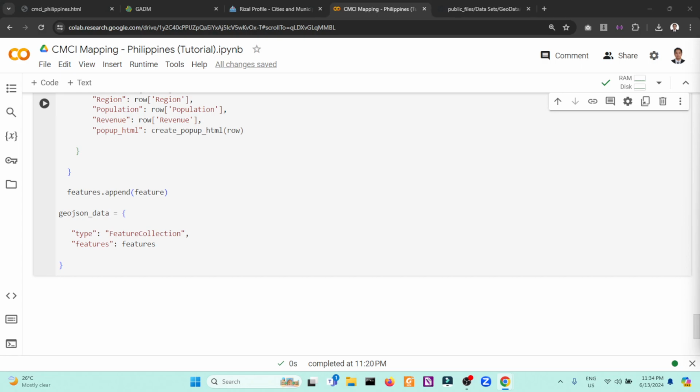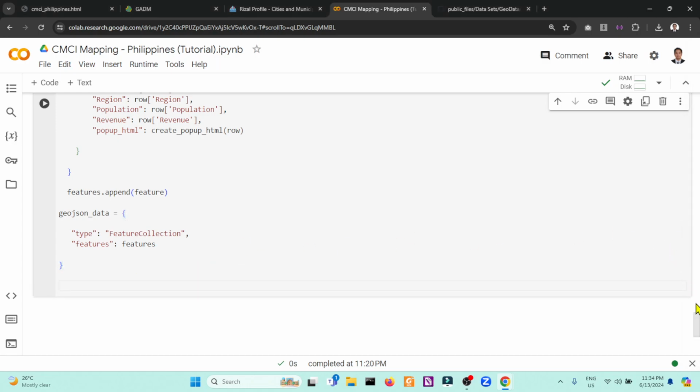So the next step now is to create a choropleth, a choropleth with a built-in tooltip. A choropleth, by the way, is a thematic map where areas are shaded or patterned in proportion to the values of a variable that is being displayed.